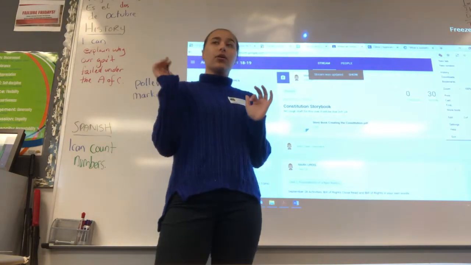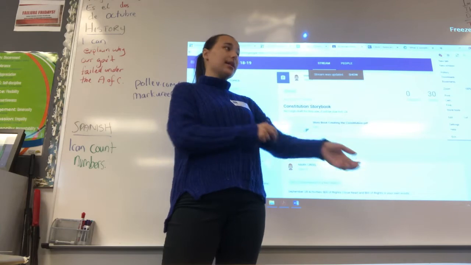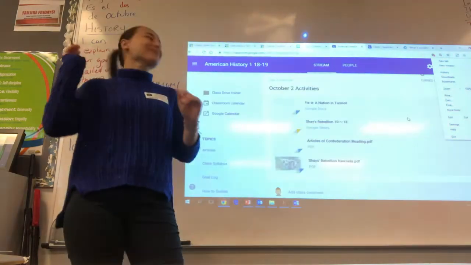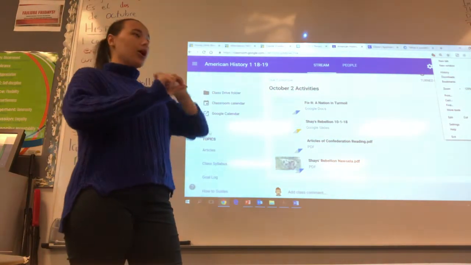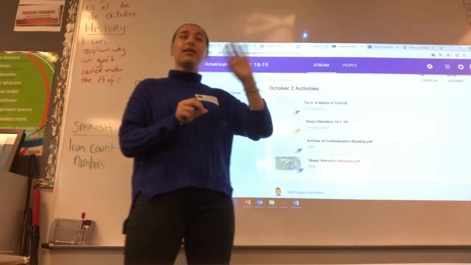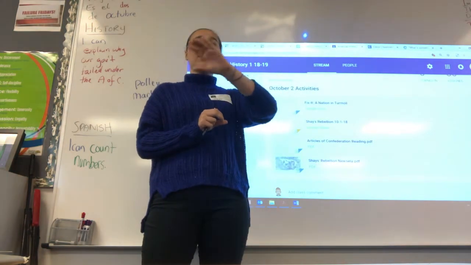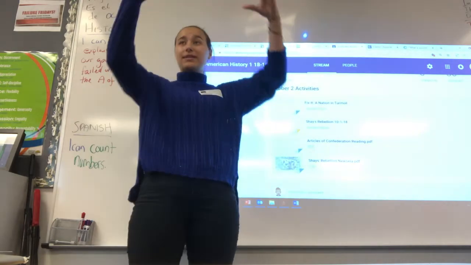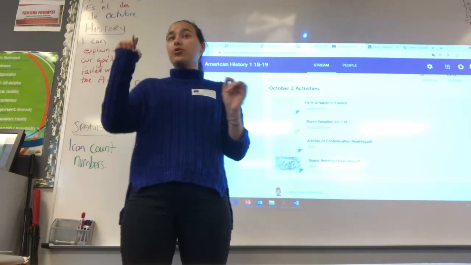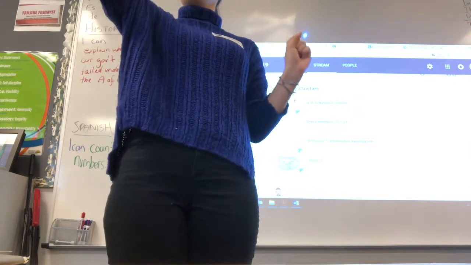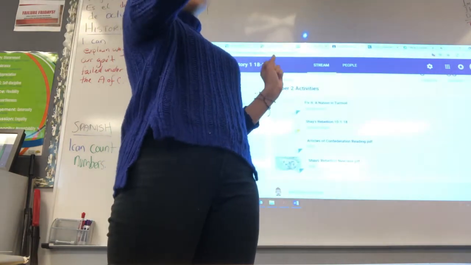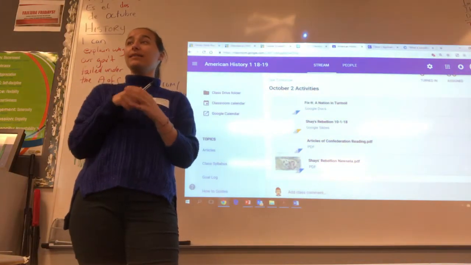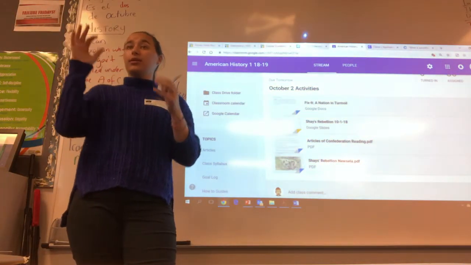Because the real ones are annoying and really hard to understand, and I had to read the real versions once. But you guys have the real Articles of Confederation, but someone went through and said, okay, how can we write this so that anyone of any age can understand these? So there are 4 sets of tables, and there's 4 groups. You guys are group 1, you guys are group 2, you guys are group 3, and you guys are group 4.